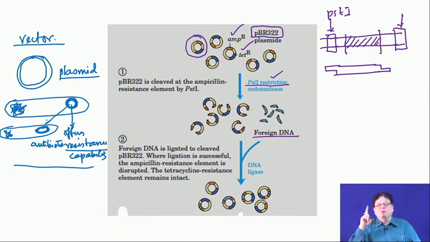So, basically the principle is that you should use the same restriction enzyme to cut your external DNA and also to cut the plasmid, and the plasmid is cut in such a way that your ampicillin or any of the antibiotic resistance genes, these are called marker genes,